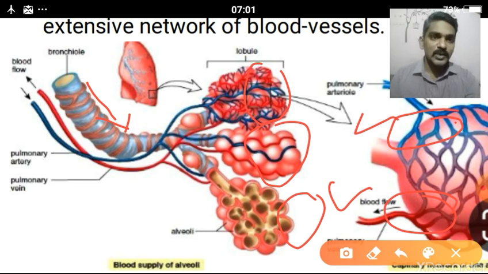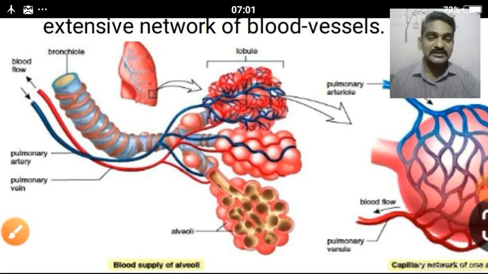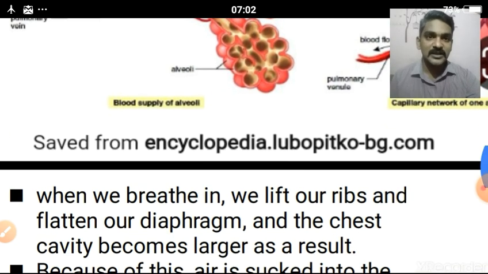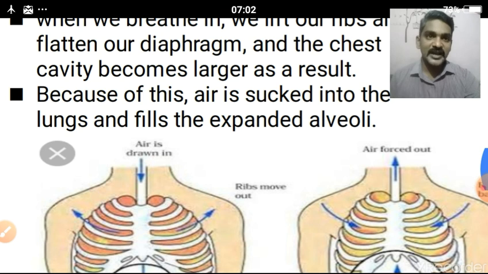So all the balloon-like structures here, right? You can see the network of capillaries. Only through these blood capillaries does the exchange of gases take place. So alveoli play a major role in the exchange of gases. After reaching the lungs, the end of the bronchioles is a balloon-like structure supplied with numerous blood capillaries. Only through these capillaries does the exchange of gases take place. And then if you go to the next slide, you can see,